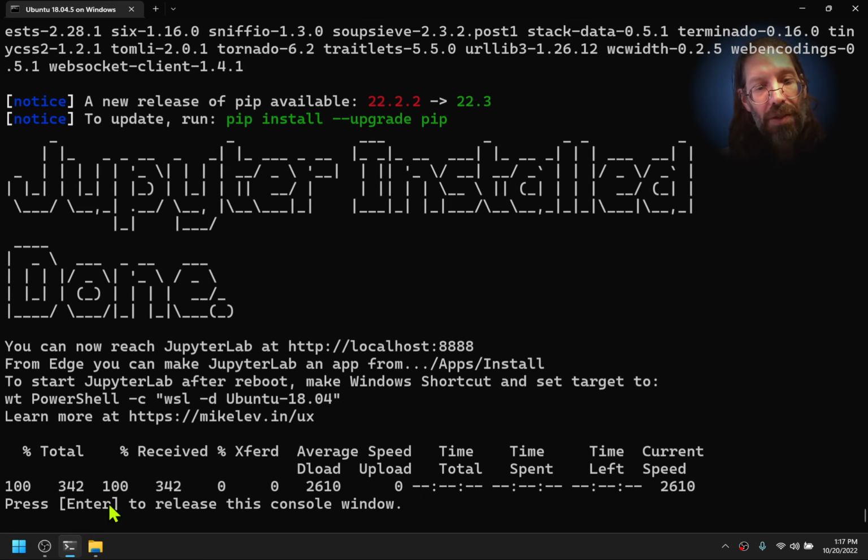Right, that's it. So this is a little artifact I'm trying to get rid of here, but this is the departure message, right? So you can now reach JupyterLab at this address, localhost:8888, remember that. And you can make an icon for it if you run it through Edge. And to start, after a reboot, there's a shortcut that it gives us that we're going to need to know